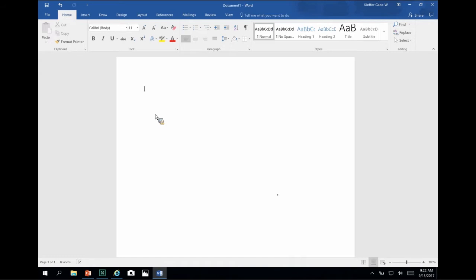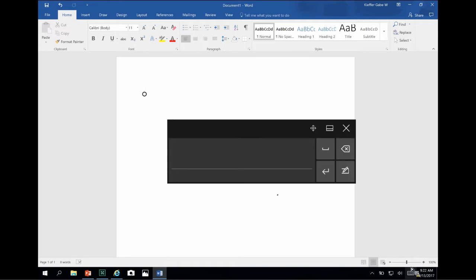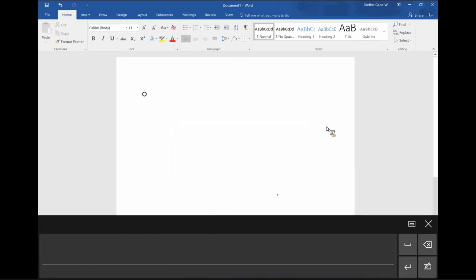So go ahead and make sure that you have a cursor blinking on your Microsoft Word document. And then down in the bottom right-hand corner, next to the time and date, you'll see a little image of a keyboard. Go ahead and tap on that with the stylus. You can't use your finger. It actually knows whether you're using the stylus or not. And what you should get then is a black line along the bottom of the screen, similar to what I have right now. And then if you write on that black line,